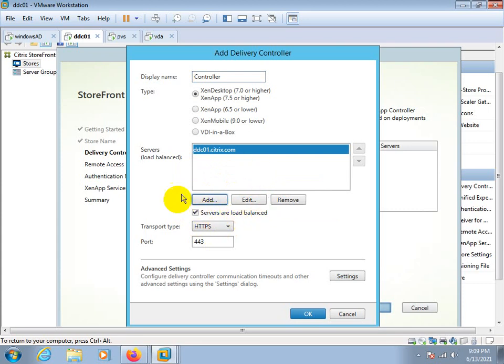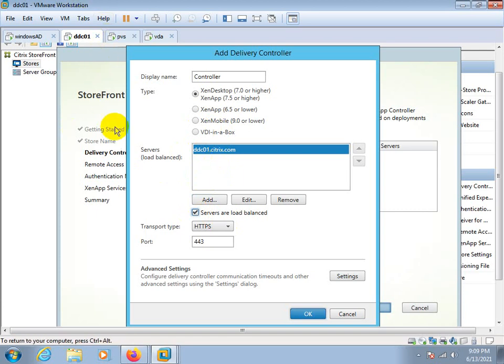This option is for the case where, ideally, as suggested by Citrix, we use multiple delivery controllers. If you are using a single one, you can add it here. But in the case of multiple delivery controllers, you need to add multiple delivery controllers over here and check this option to load balance the delivery controllers.